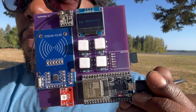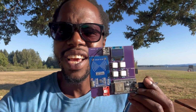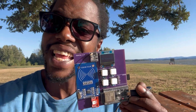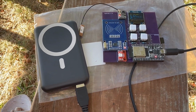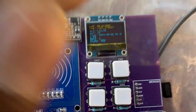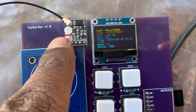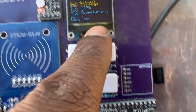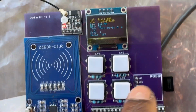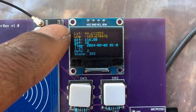with the cipher box, and I'm going to show you the wardriving capabilities that captures GPS and Wi-Fi data. So here we have the cipher box, and there's quite a few different modules going on, but this is the GPS module, and then we have the MicroSD card module over here, and on the screen it captures the GPS